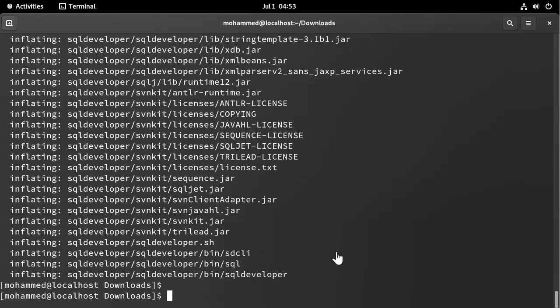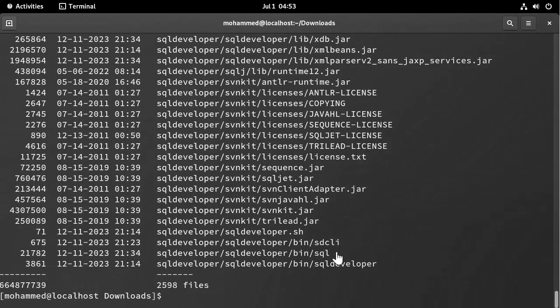If you want to list the contents of a zip file, you can do that by adding the option -l. So this is going to list all the files. As you can see, I have 2,598 files. So as you can see, the unzip command is a very useful command which allows you to list,